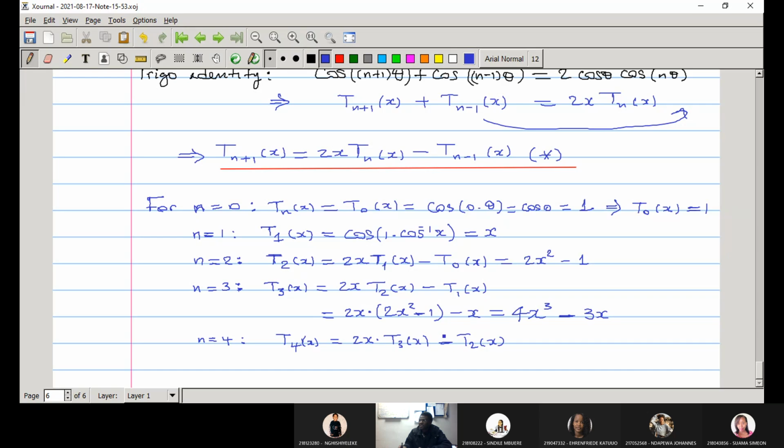But what is T3? T3 is this one, so you just substitute 4x cubed minus 3x, minus 2x squared minus 1. Now, if you expand this,